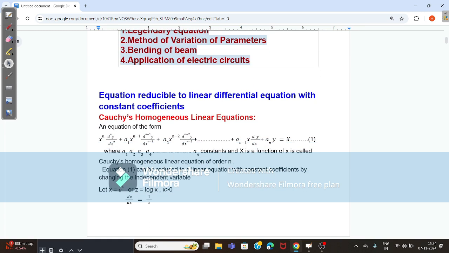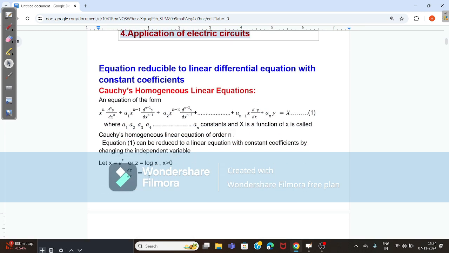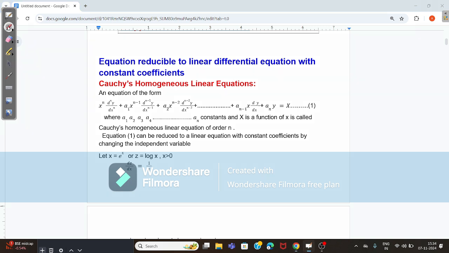Equation reducible to linear differential equation with constant coefficients. Okay, Cauchy's homogeneous linear equation. This is the first type. An equation of the form x^n d^n y/dx^n + a1 x^(n-1) d^(n-1) y/dx^(n-1) + a2 x^(n-2)... Here you have both the constant term and the x term also. Where a1, a2, a3, a4 and so on, an are the constant terms, and capital X is the function of x only